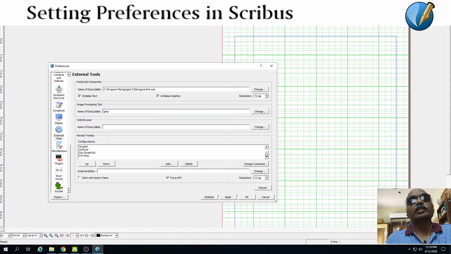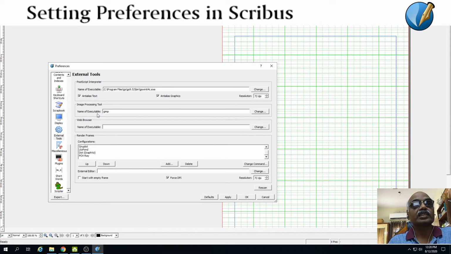And then LilyPond is actually a music notation software. If you are writing a book pertaining to music notation or music, you should install LilyPond, so that it will enable the feature of music notation to be displayed inside your Scribus document.